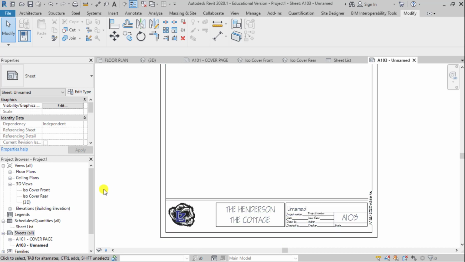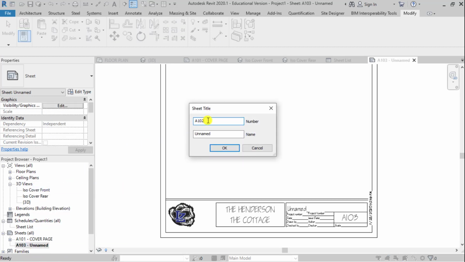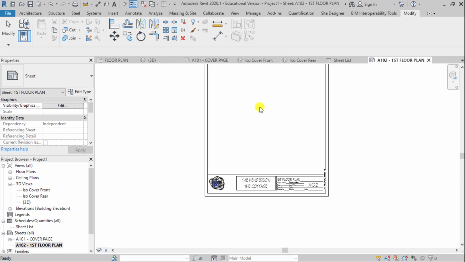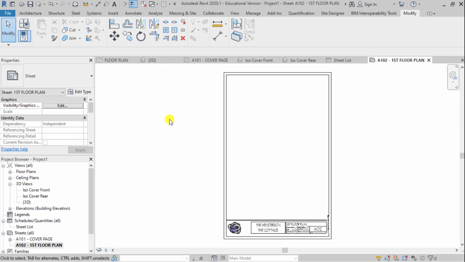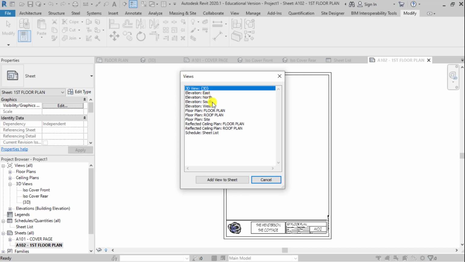So we can go ahead and we can take A103 and rename it. We want that A102. So we're going to go ahead and call this first floor plan. And notice that our properties held from our other sheet. And so now we can add in our first floor plan. Add view, floor plan here,